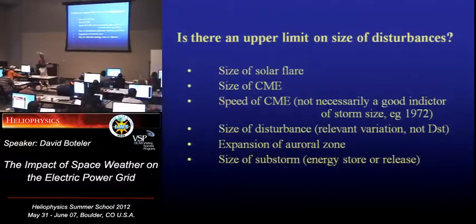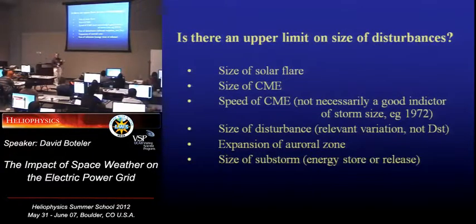And then the size of the substorm, we get a buildup of energy in the tail. Why does it, in some cases, keep building up and then release, or in some cases it builds up a little bit and then releases before it's got too big? I mean, what are the factors controlling that?